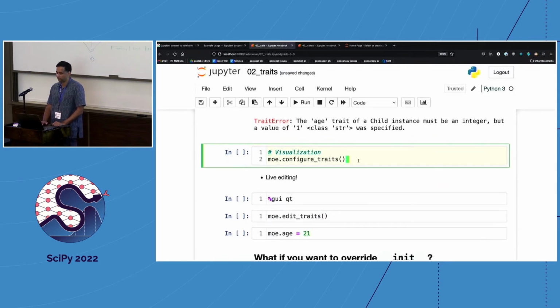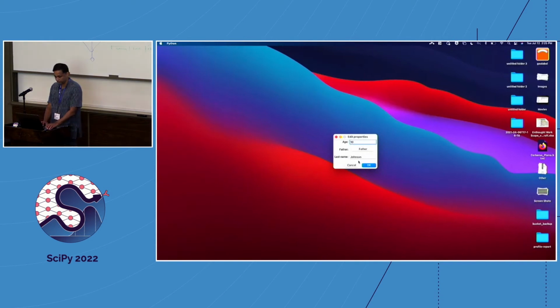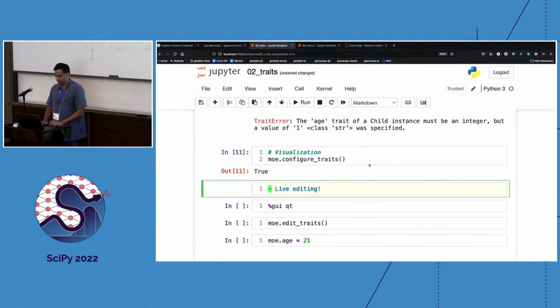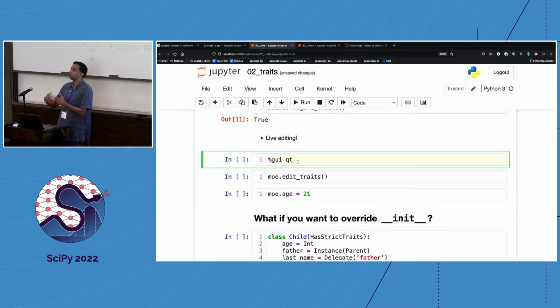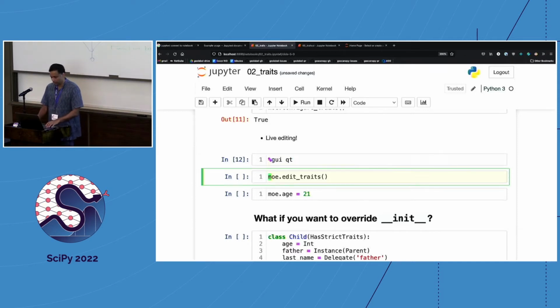And the final feature is really nice, which is I get this UI for free. I did nothing. I just did configure traits, and it automatically made a Qt based UI for me. So this is really nice. But what makes this more fun is that if I turn on Qt interactive workflow on a Jupyter Notebook, what Jupyter Notebook does is it sets up a Qt interactive loop so that I can create Qt widgets and interact with them live. Okay. And now if I did this,